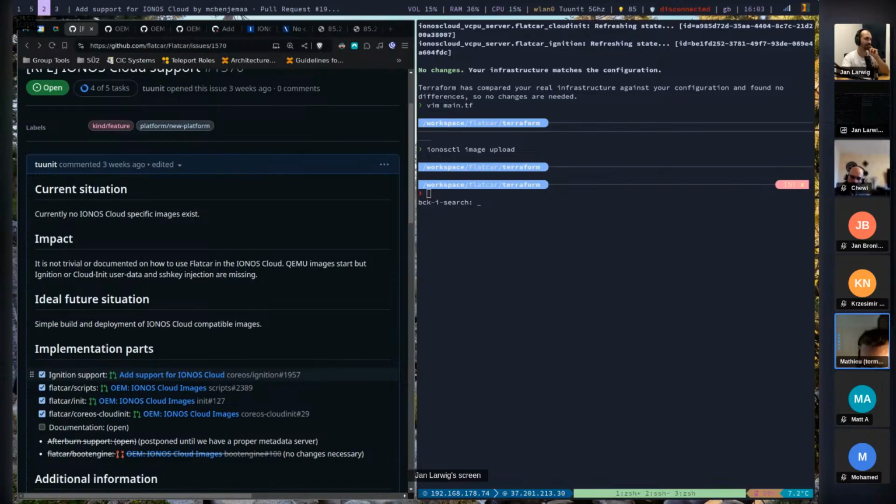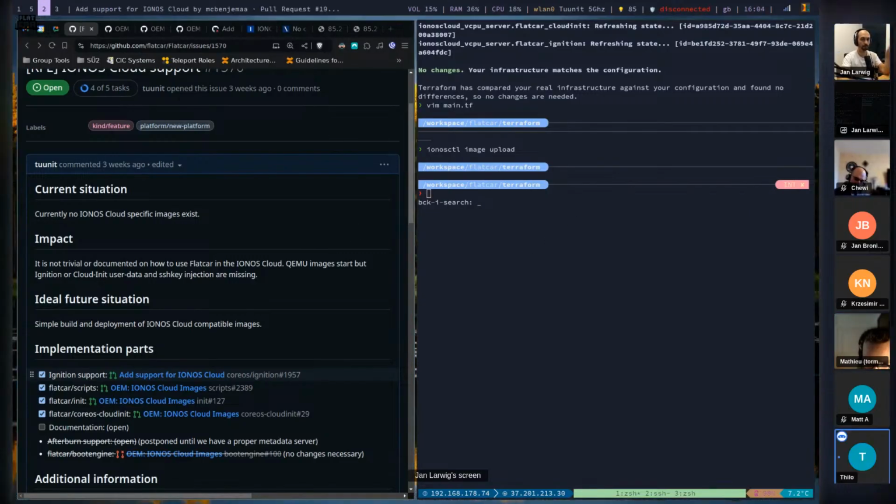Yeah, but how do you inject the ignition file into the OEM? That's exactly my point, because still by modifying the image, but it would be way more robust, right? So you would just add into the OEM partition an Ionos OEM sysx that has this ignition file. And it's just a workaround. I'm not proposing that as a viable path forward, but it would basically allow us to bypass the whole modifying